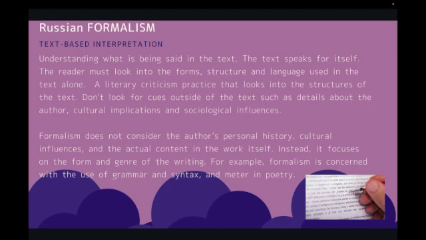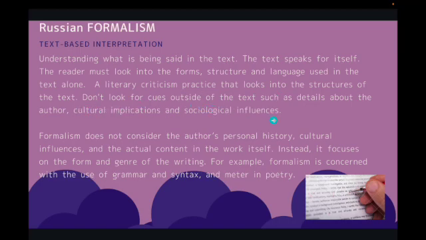The biographical sketch of the writer, who the writer is, and his background are not brought up to interpret or define the meaning of the text. We just have to treat the text itself as a single entity. So we don't look for cues outside of the text, such as details about the author, cultural implications, and even